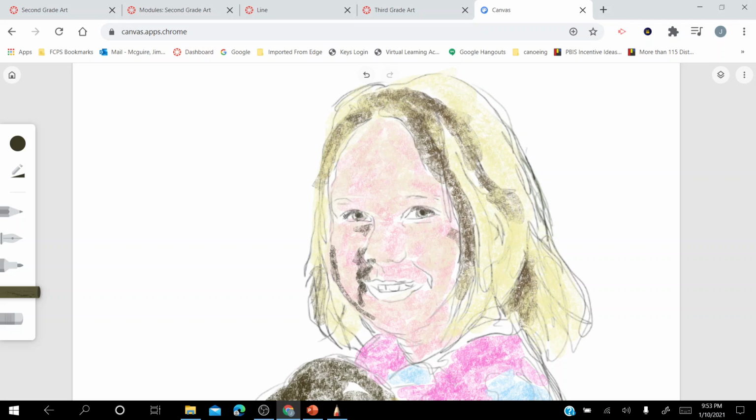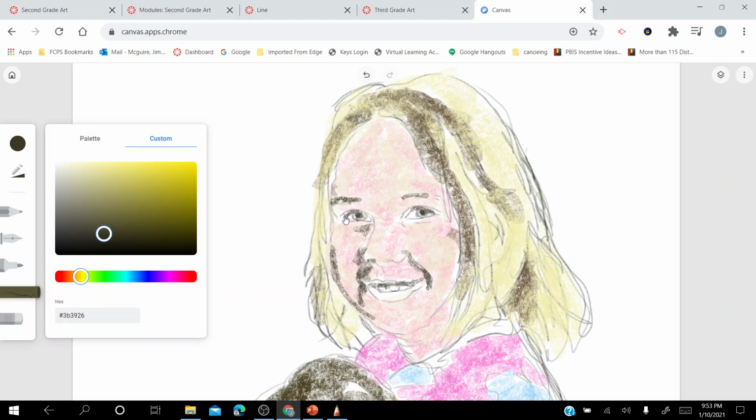And so I'm just trying to find where those areas of value are, and then I'm going to turn my opacity down just a little bit as I add a little more value. Right now I'm trying to find where those values really pop in. And let's bring this up here. She's got those little values that happen in there. All right, now I'm ready to start finding some of my medium